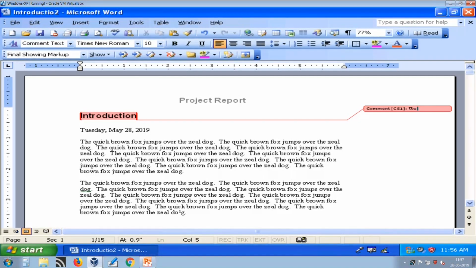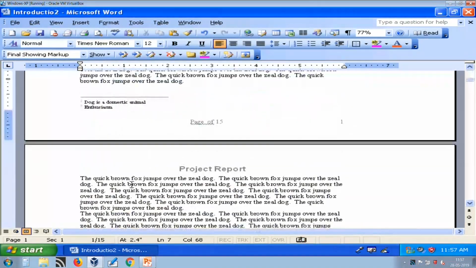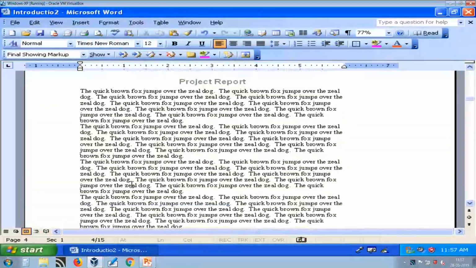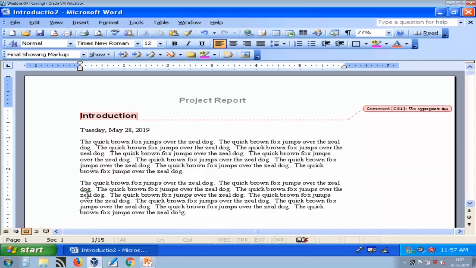For example, I want to say use appropriate title. Now the author can see that I need to change this title as per the reviewer's comments. So this is how I can show comments in my document and accordingly the author can act on that. So it is again a useful feature.